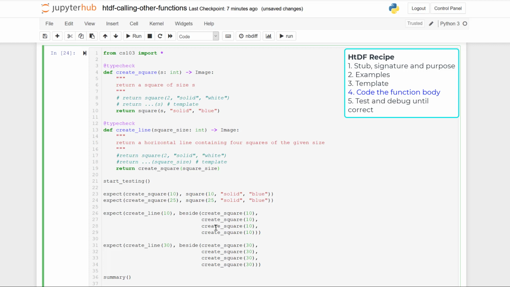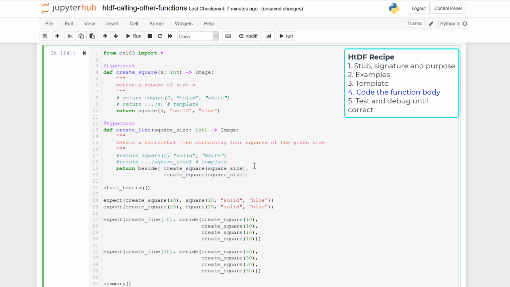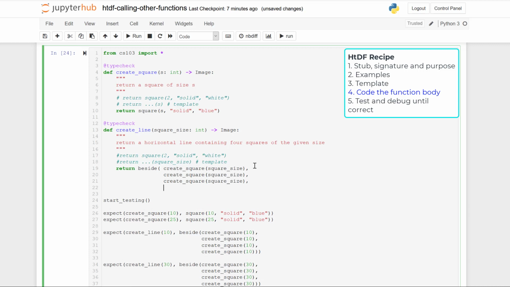I need to do that 4 times, and then pass all of those as inputs to beside, which takes some number of images and puts them beside each other and creates a single image. So I have beside create square 4 times. And there's my function body.